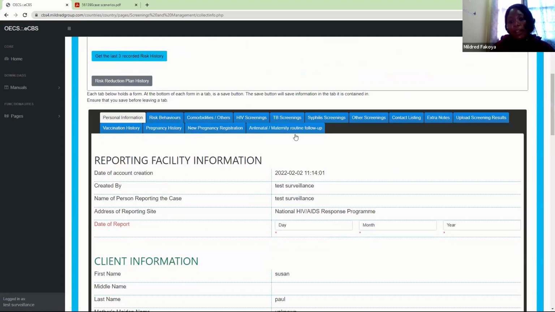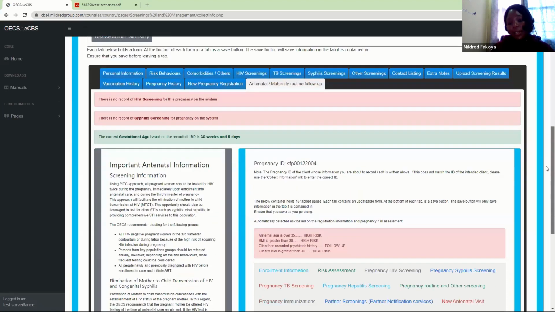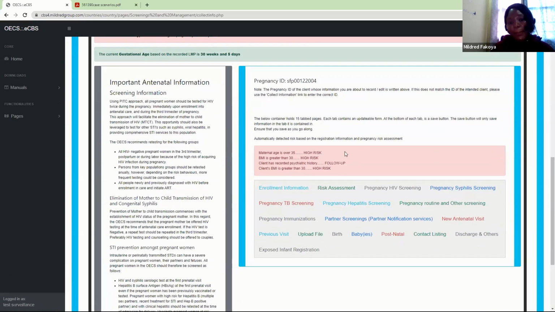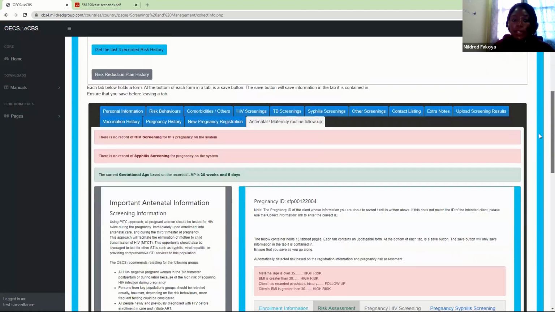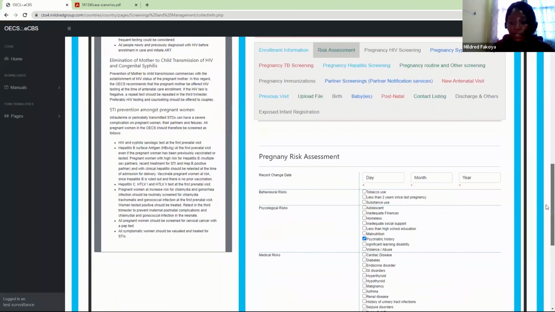Okay, so now we have the risks updated again. She has a recorded history of psychiatric illness, and her BMI is greater than 30, which will always be flagged from the BMI baseline and also from the BMI in the risk assessment anytime you do it. Now for risk assessment here, these 2 risk assessments, you want to do them at every visit because somebody